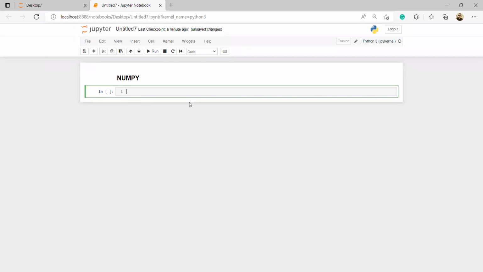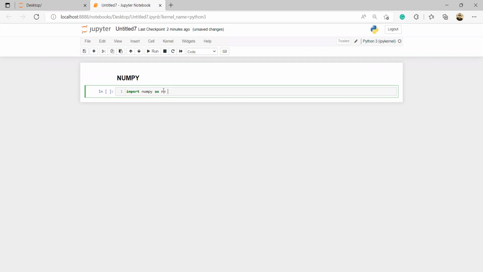So we'll start with NumPy. If you remember, functions are the ones you create yourself: you define whatever function. Now this one, they have already written the program. They have done the library, the module, for you. So what you are going to do is import this library: import numpy